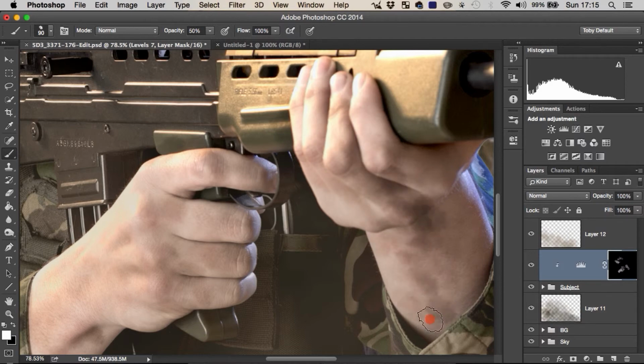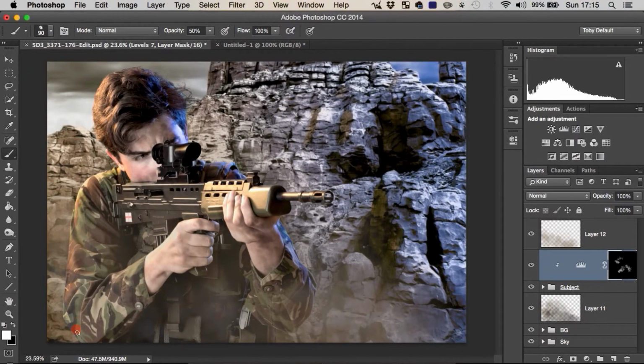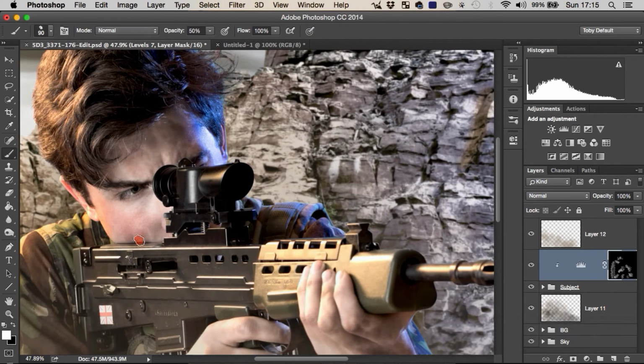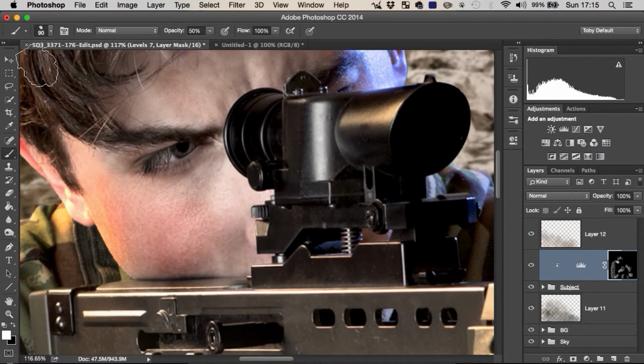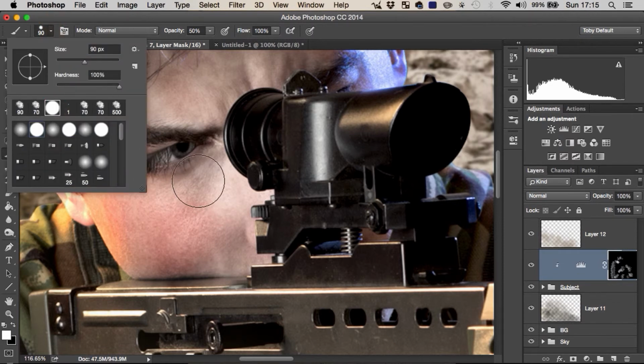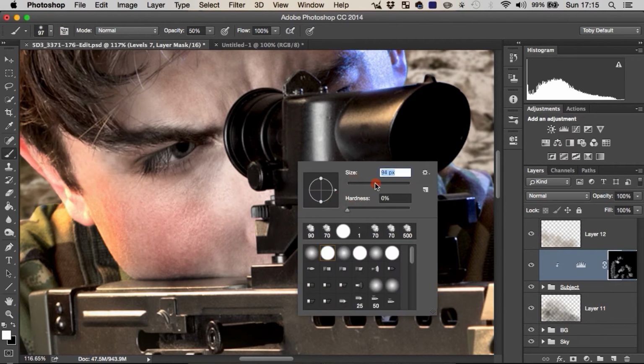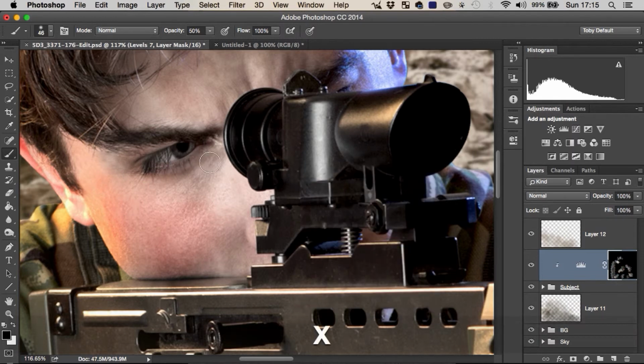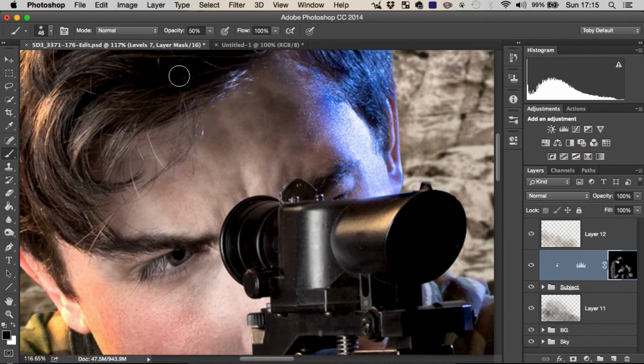And we could probably do certain bits of his uniform, grubby that up as well. Now what we don't want to do is get this in his eyes, so we're going to go back to a normal brush. I'm going to right-click, make sure we've got a nice soft brush, fairly small, and we're going to paint with black, just to make sure that this mark doesn't show up over his eyes or his